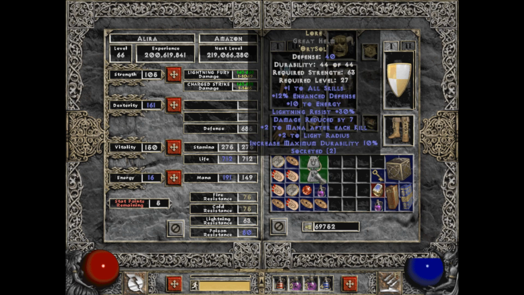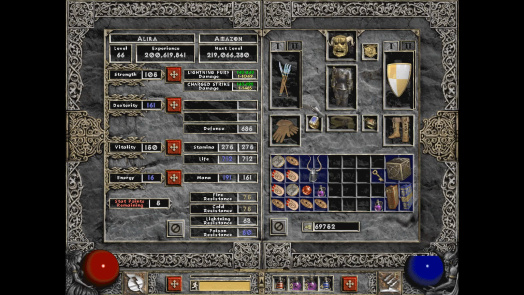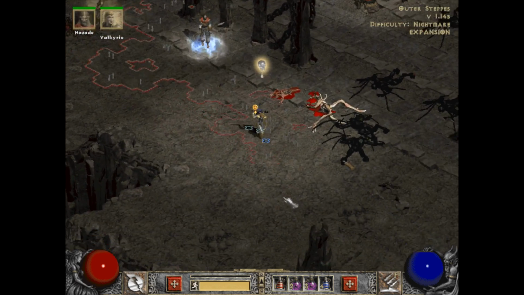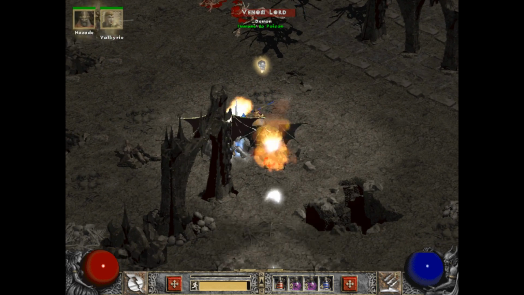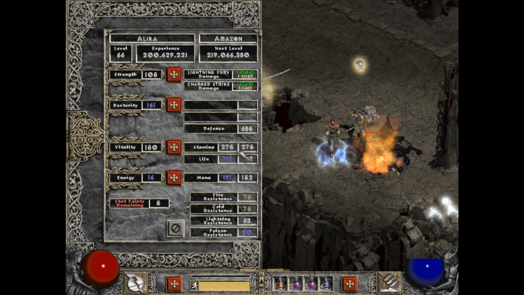My life goes up to 712, and at 191, but definitely that life there is good. That ring's not worth me keeping. Lightning resist is low. I might not sell Lore, I might keep it in my stash. We'll see what equipment I get. I plan on doing some Nightmare Diablo runs, so...